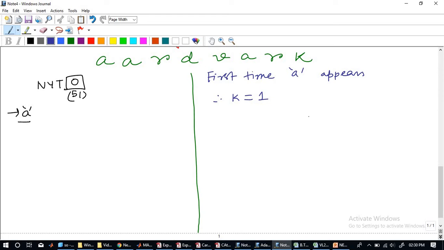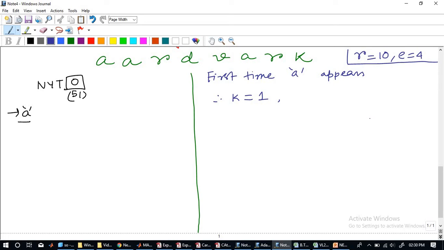Can I write this? What is K? Just go back to the rule. K is the position of the alphabet. So A belongs to the first element of the 26 letters, whatever we have. So K is equal to 1. Now it's clear what is K. Okay. Now, if K is this, let me also write here in brackets, R is equal to 10 and E is equal to 4, because this is what we are going to follow all this while. Okay. Now, if I go back to the rules once again, what will be the NYT code?